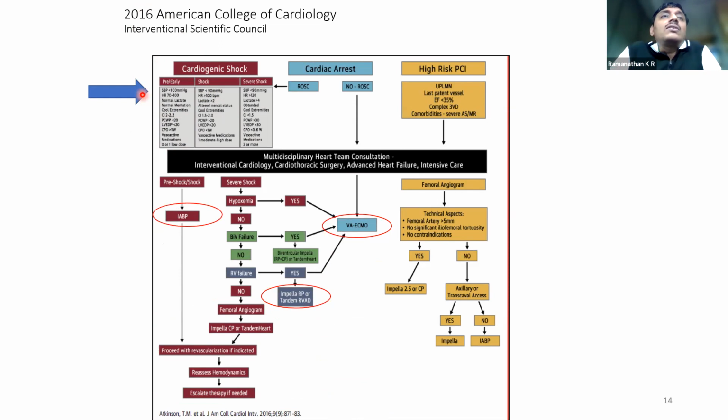The next thing this algorithm stratified was the fact that they underlined the importance of a multidisciplinary team in the management of cardiogenic shock. This was one of those early attempts to bring out the importance of teamwork in the management of cardiogenic shock. So a cardiogenic shock team comprising an interventional cardiologist, a surgeon, an intensivist would be very core, or essential, to management of such patients.